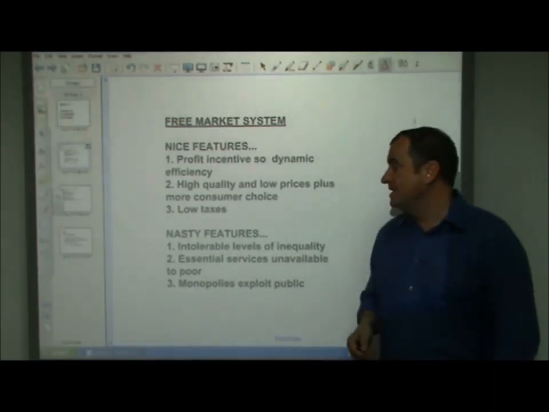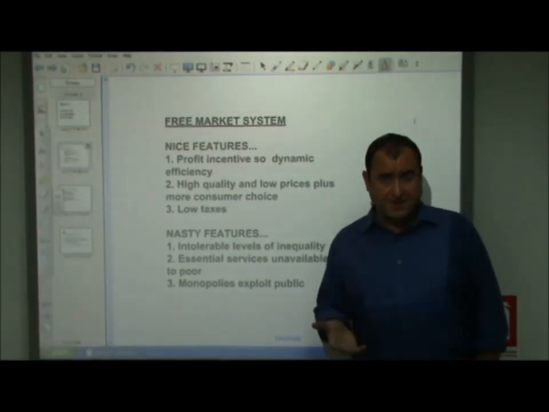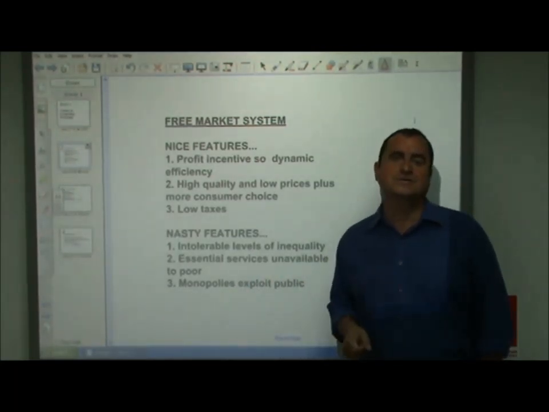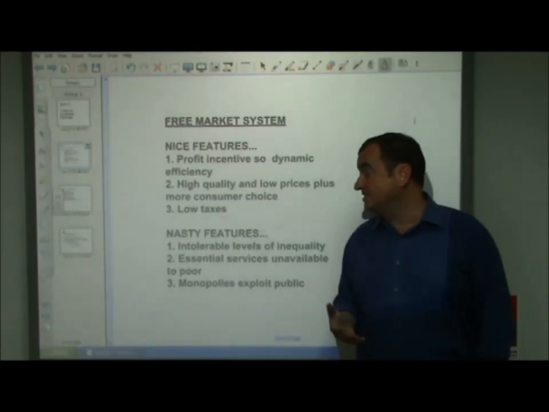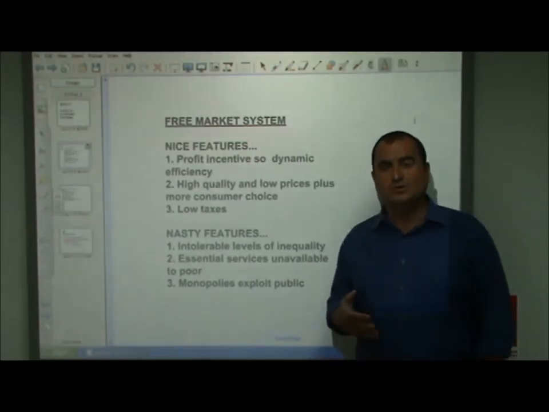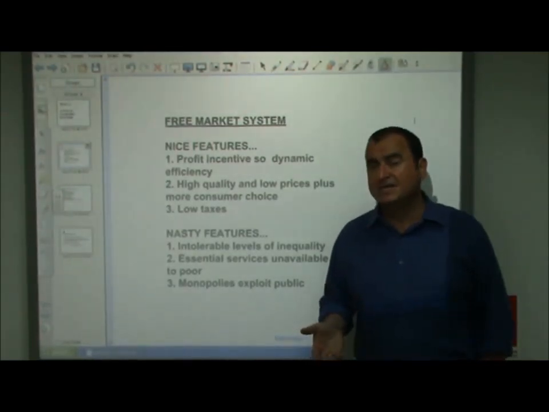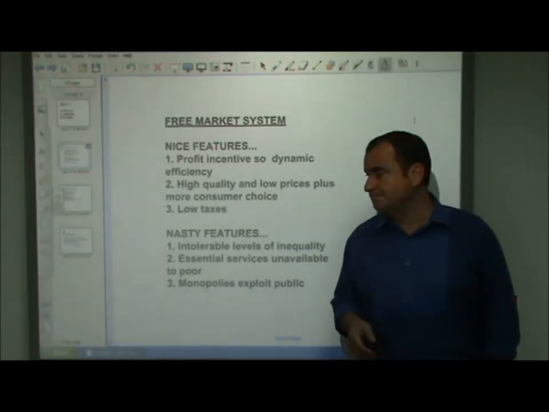And finally, there would be low tax, because after all, if the state is not having to provide services, then it doesn't need to collect tax because it doesn't have to pay out to public sector workers and the provision of public sector services. So consumers who are workers and businesses would also enjoy lower tax, and that leaves more disposable income for consumers as workers to go out and spend, so it could raise living standards, and it leaves businesses with more money to spend on investment and research.